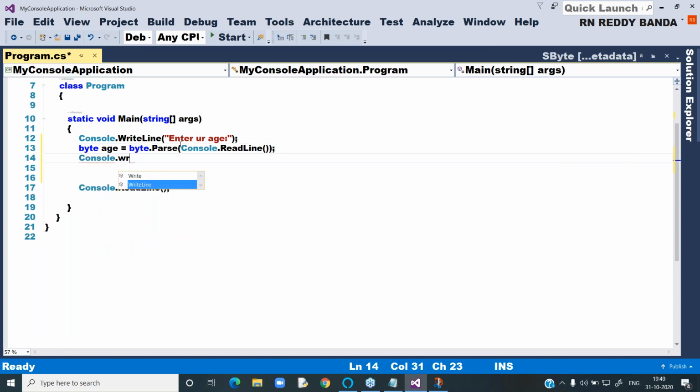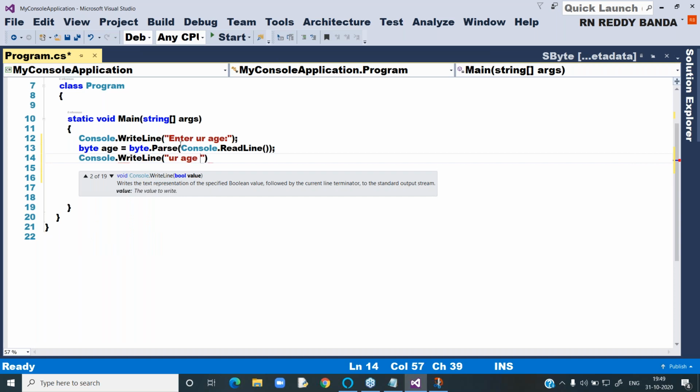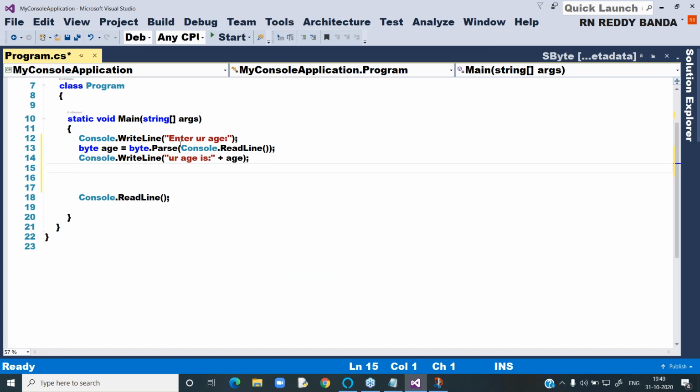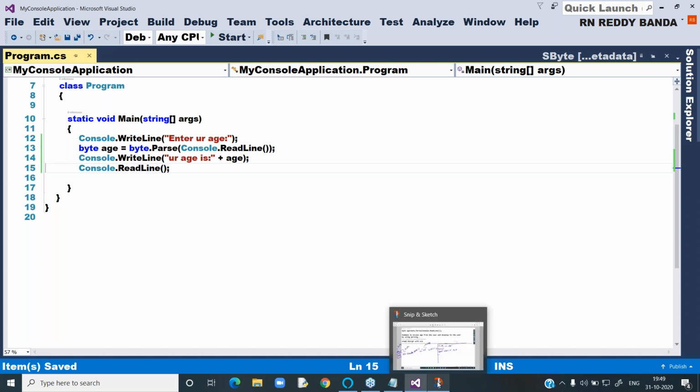Again, Console dot WriteLine, Your age is age, and Console dot ReadLine. Right. So this is the story. Program is clear for all. We used parsing technique here.